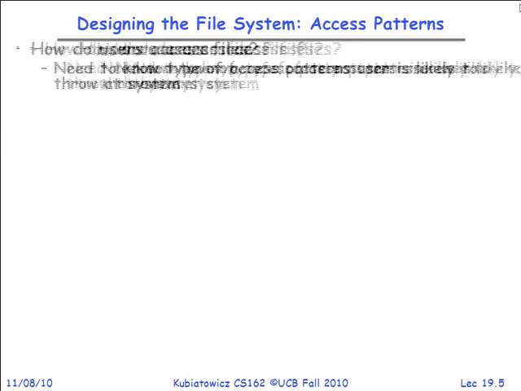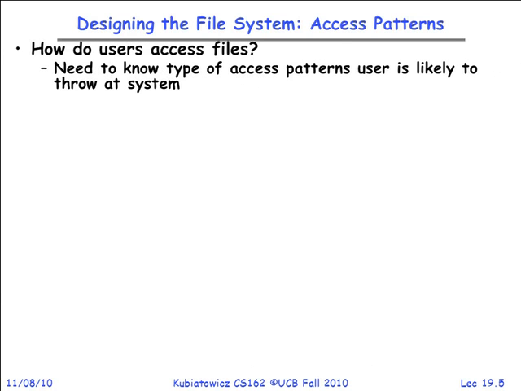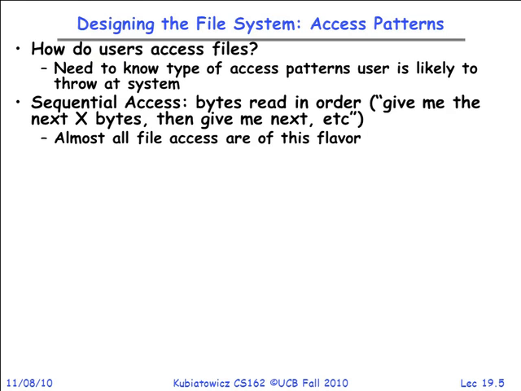So how do users access files? In order to really optimize a file system, we want to talk about the access patterns. And we started talking about this last time, so that maybe our file system serves the users well. Okay? And clearly, sequential access is the one that everybody needs a lot these days, especially with multimedia. And that is, you start at byte 0, and then byte 1, then byte 2, and you kind of work your way from the beginning to the end of the file. And why do we want that? Well, videos, audio, pretty much any multimedia is